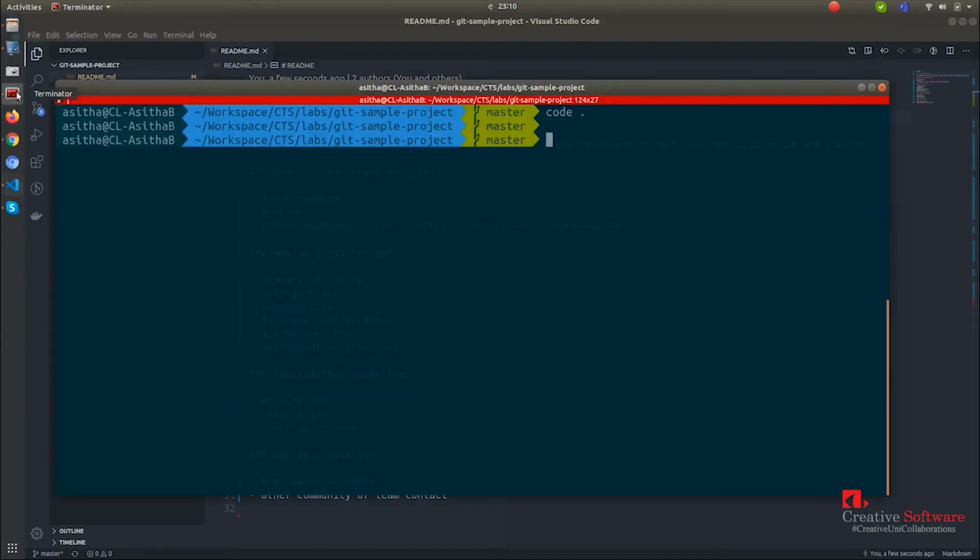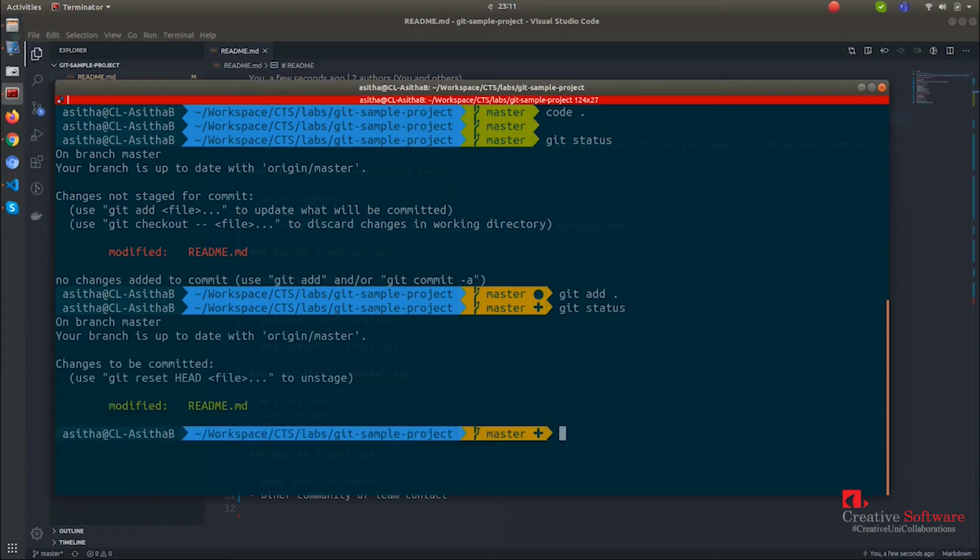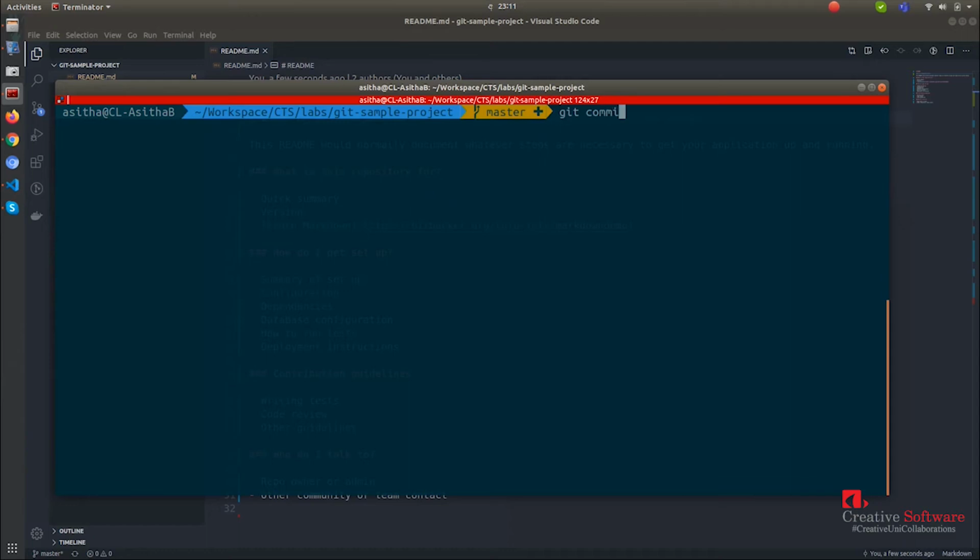If we go back to the terminal and hit git status, now you already know these commands. We have modified the readme file. To add these changes to the staging area, we use git add, and we can type the file name, or you can just type dot to add everything. Now the git status is green, and we can use the git commit command